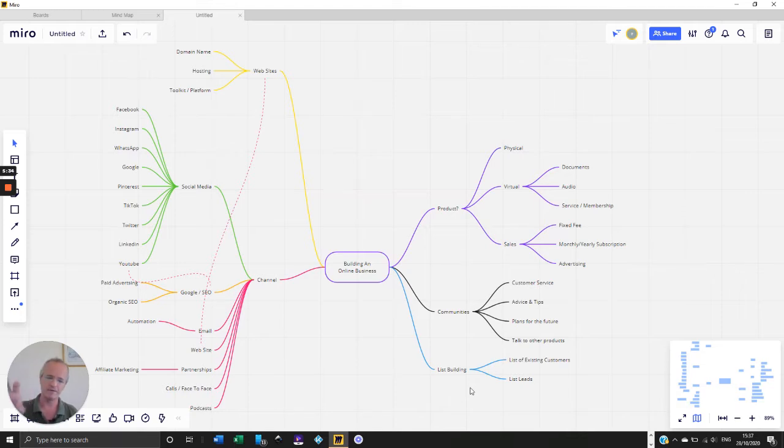Now you want to convert those leads, grab their information so that they become a list, and you want to convert them into sales. So let's say you have 1,000 leads in a day, okay? You present information about your products and services to them, and maybe 10% of them convert to become paying clients at the beginning on that day.